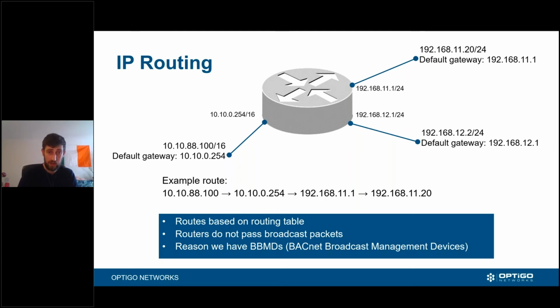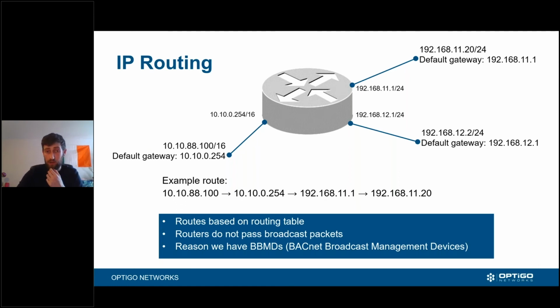So an example here is we have a device, and our device IP address is 10.10.88.100. If we want to send a message to, say, a friend or a client whose IP address we know, or possibly someone we don't know, in which case we have to ask for the IP address and find the best route, if it's not a known or learned one, we will send it to our gateway.